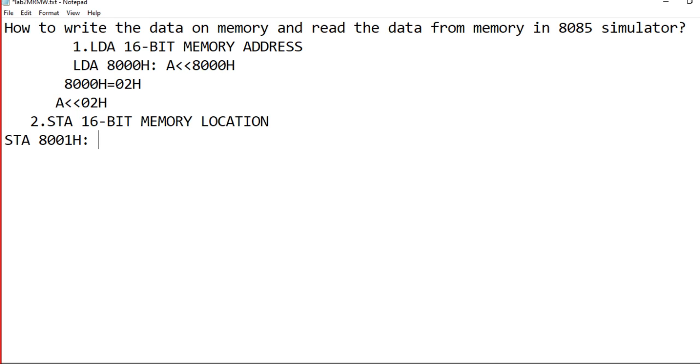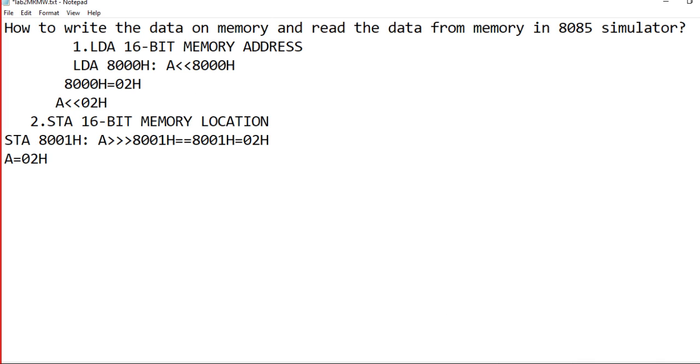The meaning of this instruction is that the accumulator data will be written to the 8001H location. Assume your accumulator contains the 02H value. After the execution of this instruction, the 02H value will be written to 8001H. That is called the memory write operation.